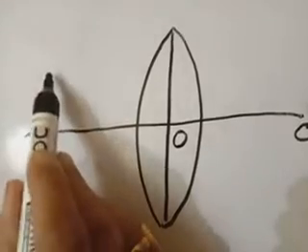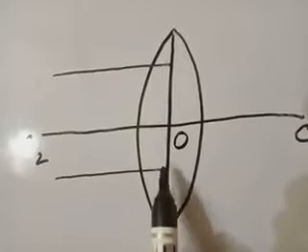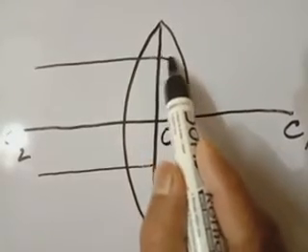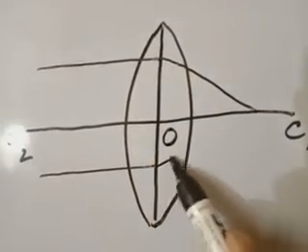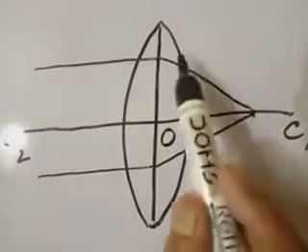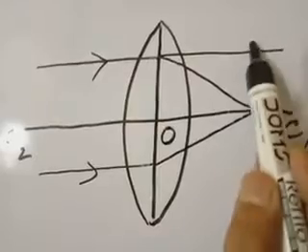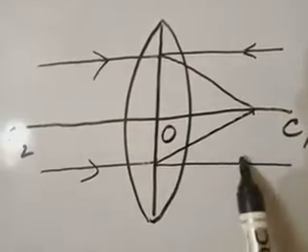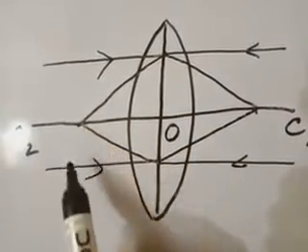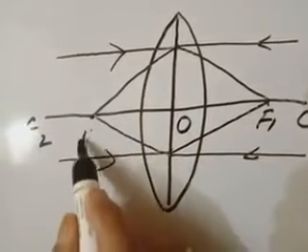Now, when a beam of light or a ray of light is incident on the aperture, after that it will be refracted. After being refracted, the rays will meet at a point. The point where they meet is the principal focus. On the other hand, if the rays or a beam of light are coming from this direction, then also they will meet or converge at a point. This is also a principal focus. Suppose this principal focus is f1 and this principal focus is f2.